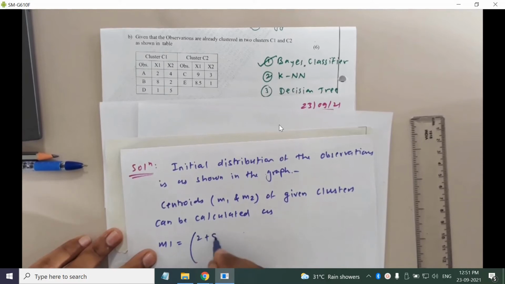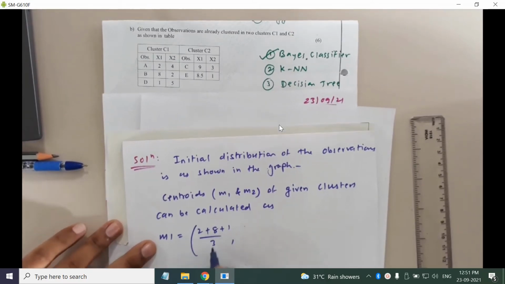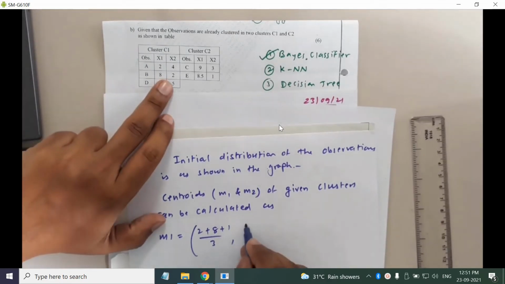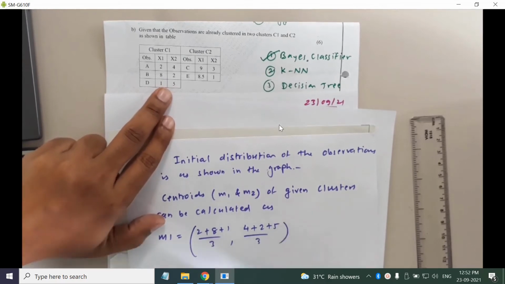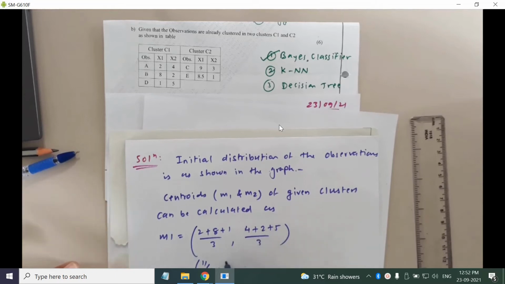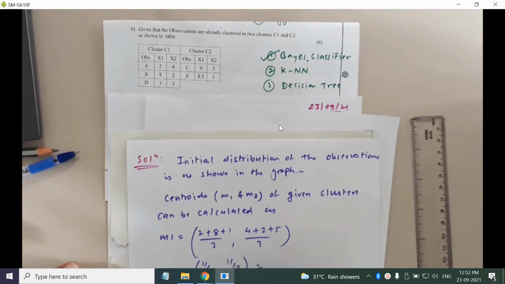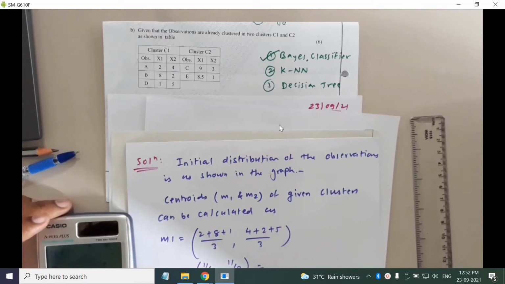So 2 plus 8 plus 1 divided by 3, this is the x coordinate of M1, right? And the average of 4, 2, 5 divided by 3 will be the y coordinate of M1. So calculate this: 11 by 3 and 11 by 3. So the answer is 11 divided by 3,